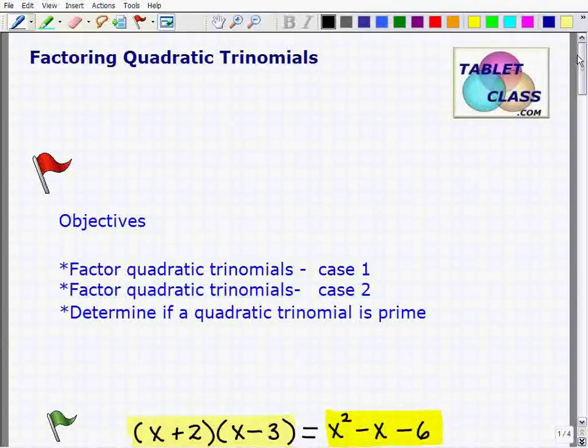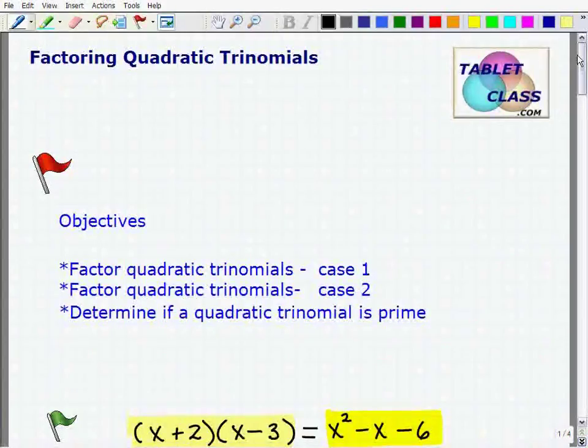Hello, welcome to the video on factoring quadratic trinomials. This will be a lesson on this topic, and I've got to say right from the beginning, this is an extremely important skill in algebra. Factoring trinomials comes up all the time, and you absolutely have to know how to do it. So if you pay attention, you'll have no problem understanding a couple of the most common techniques to factor these